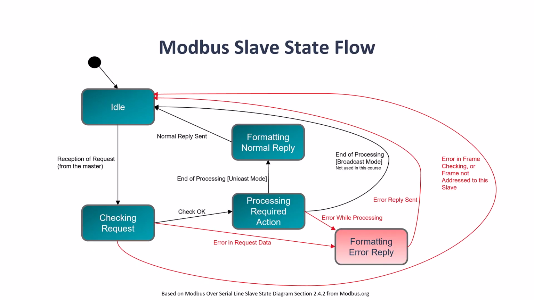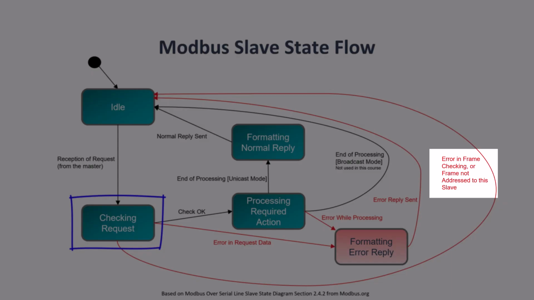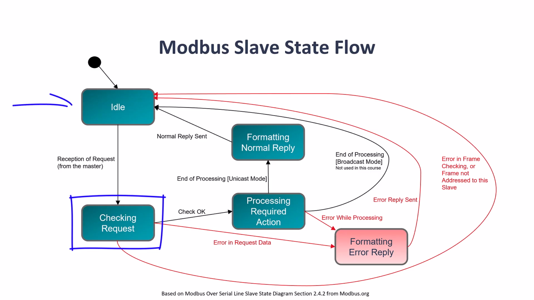Okay, so let's walk through the Modbus slave state flow step by step. First, the slave starts in the idle state, waiting passively for a request from the master. No processing occurs here, it's simply waiting. When the slave receives a request from the master, it moves to the checking request state, where it validates the request. If the frame is invalid, or the request isn't addressed to this slave, it immediately returns to the idle